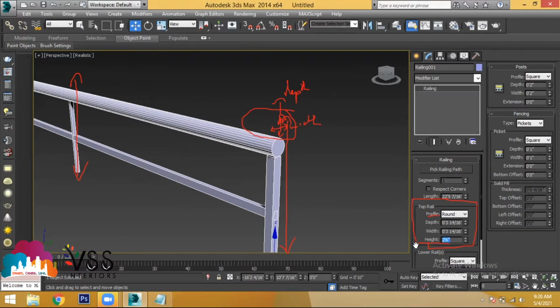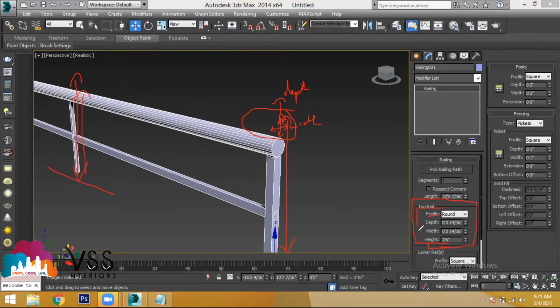What will be the height of the railing? It should be 2 feet 6 inches from the base till the top. The base is the flooring. From the base till the top, the height must start from 2 feet 6 inches, and you can extend to 3 feet. Clear? That depends upon the requirement of your design.